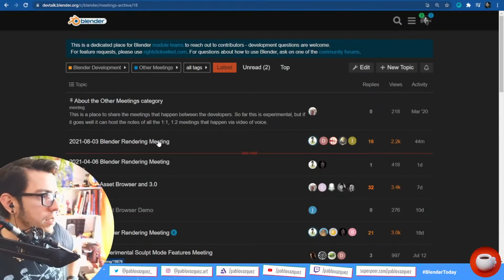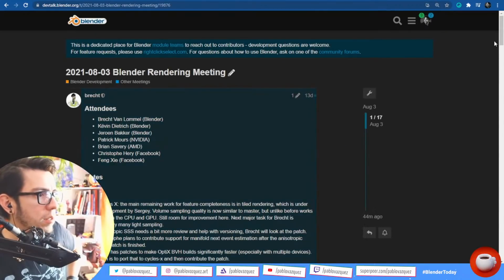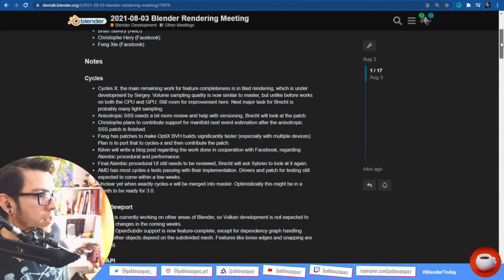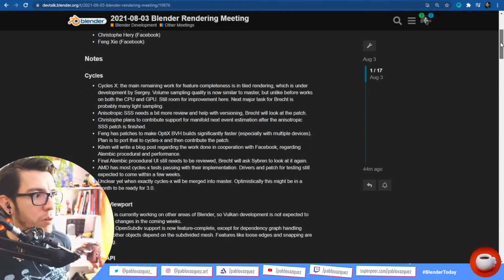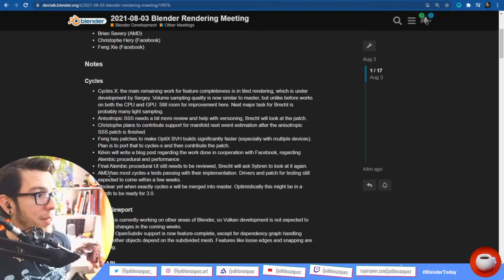When was this? 13 days ago. Usually here is where I just read the notes. Here, AMD has most Cycles X tests passing with their first implementation. Drivers and patch for testing are still expected to come within a few weeks. Hey, that's promising. So yeah, that is the answer.